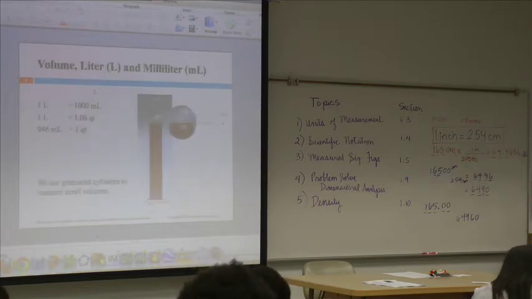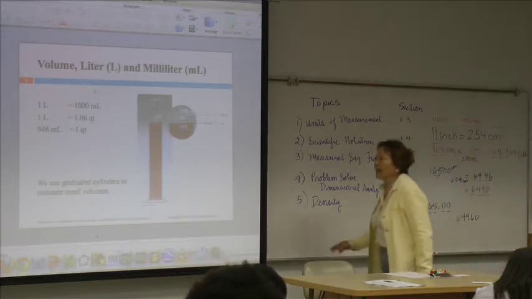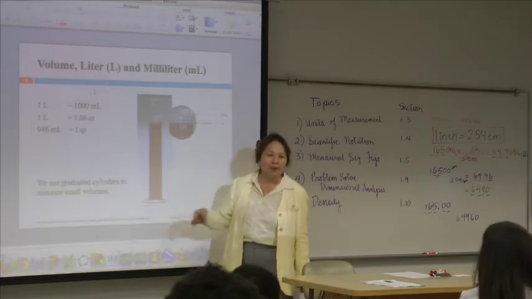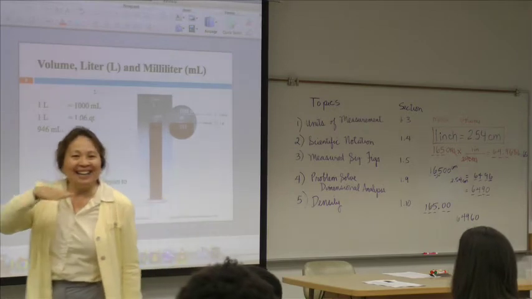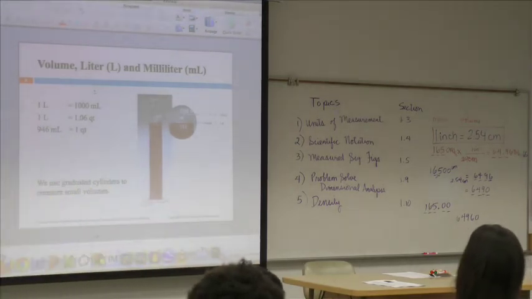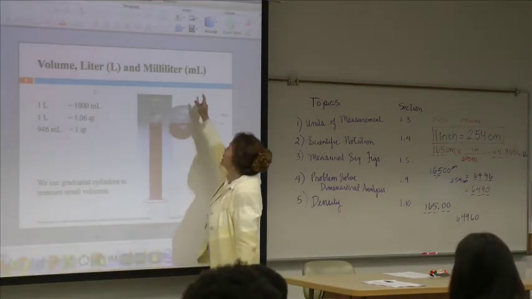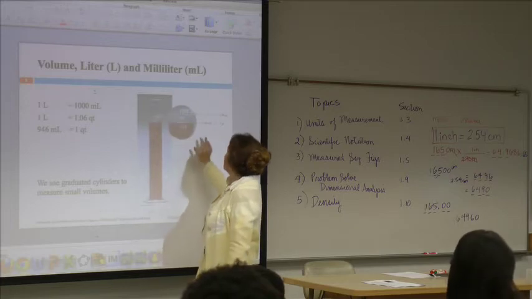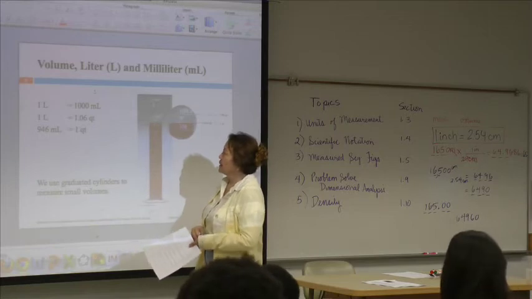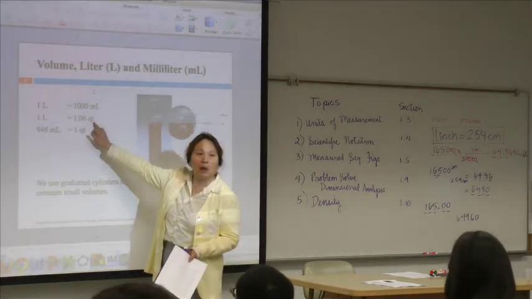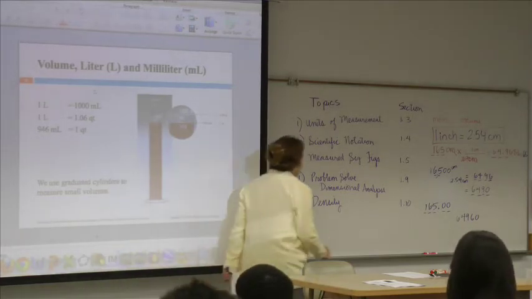So now we go to another unit of measurement called volume. In the lab, some of you that had me yesterday were measuring the displacement of a penny, right? How many milliliters did it displace? We were weighing it also. So these are the units of volume: we could have a liter, which is 1,000 milliliters, or it can be in quarts. 1 quart is equal to 946 milliliters.